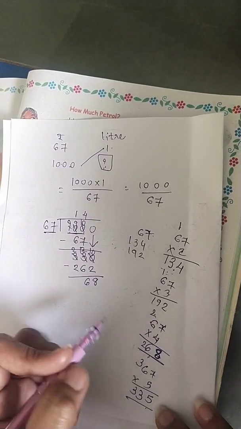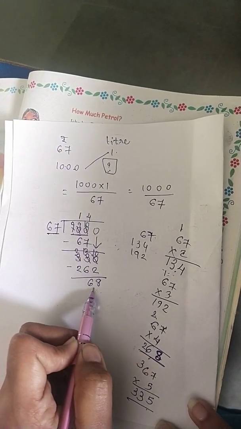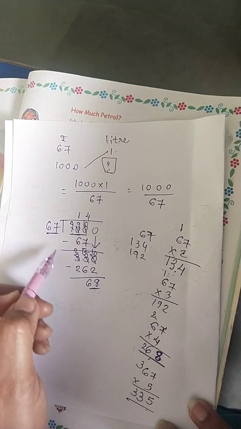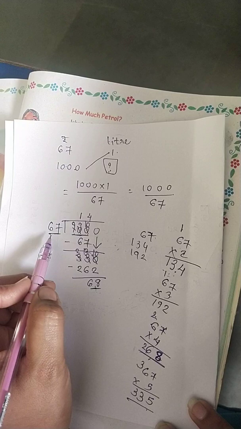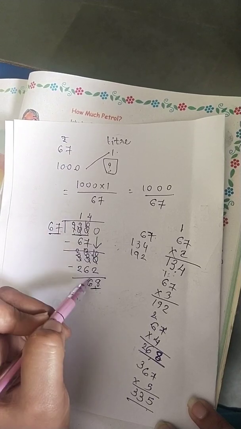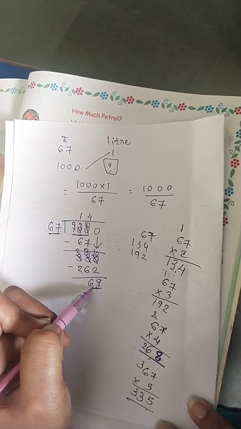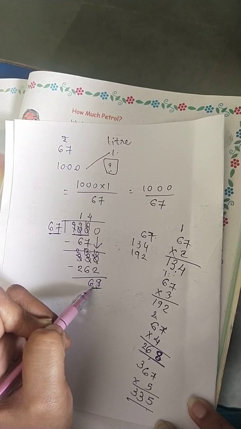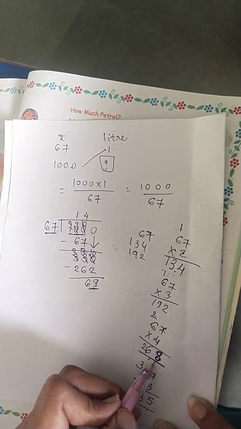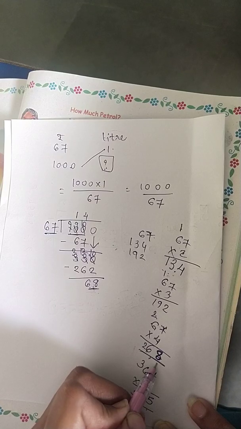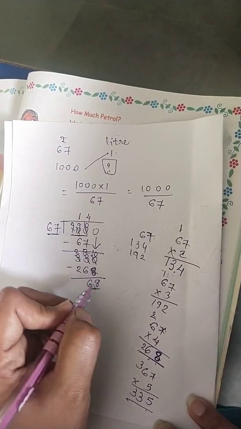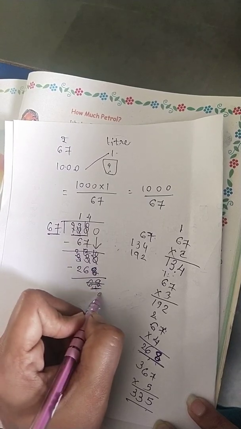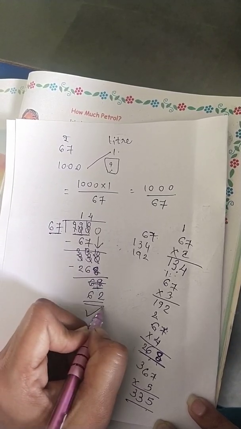How can I identify this mistake, students? See, here my answer is 68. I don't want any remainder greater than 67. Here 68 is greater, so I directly identify that there is a mistake. Okay, see over here I made the mistake in multiplication. 7 fours are 28. So here 8 is there. So 8 from the 10, it is 2, and 6, 62.